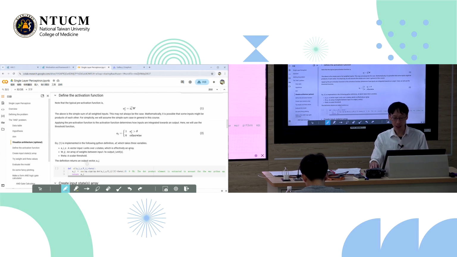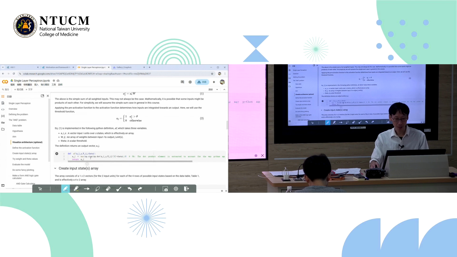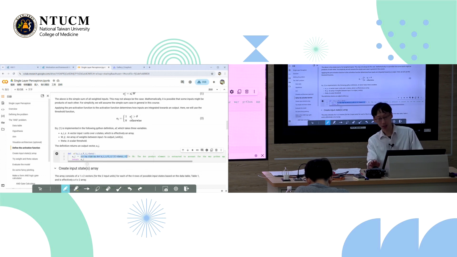And that basically is implemented by this max sign of the dot product minus the theta threshold versus 0 in the Python code implementation.